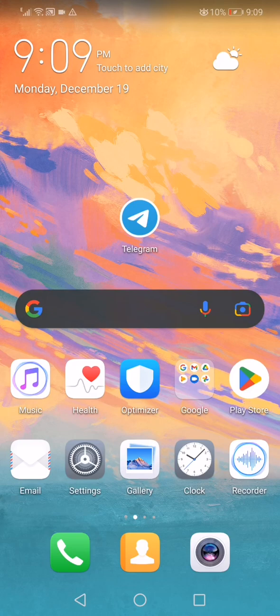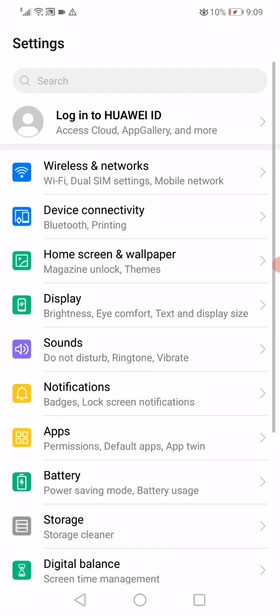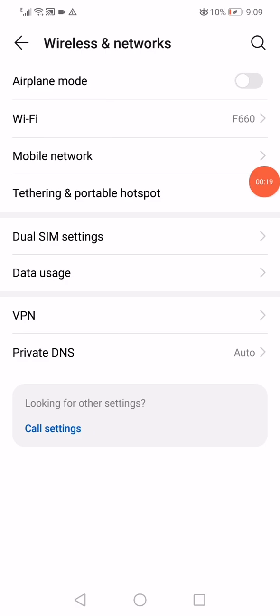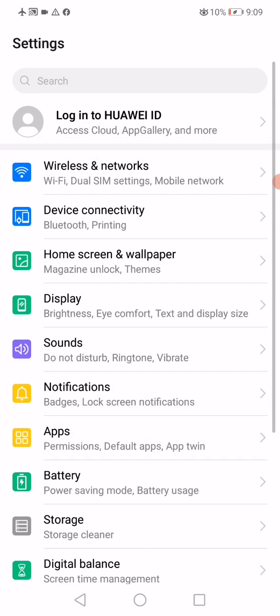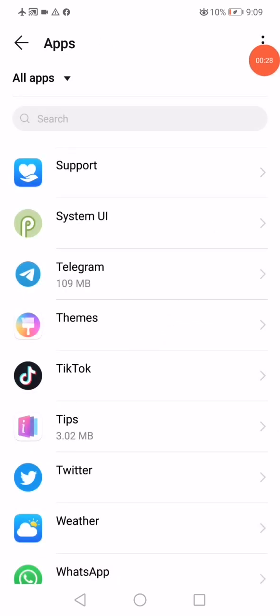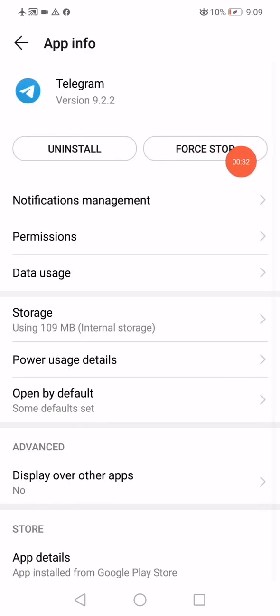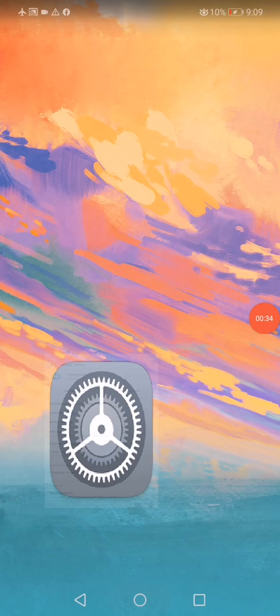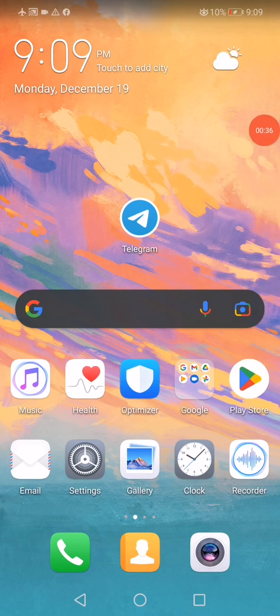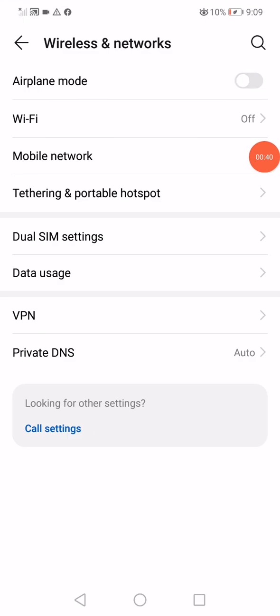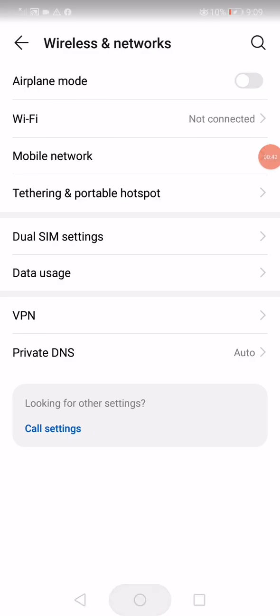All what you wanna do is open the settings on your phone and then go to the wireless and networks, enable the airplane mode and then go back to the settings, go to the apps manager and then open the apps like this. Go to Telegram app, click here on this option and then go back to the home page, open the settings again, go to the wireless and networks and then disable the airplane mode and open the